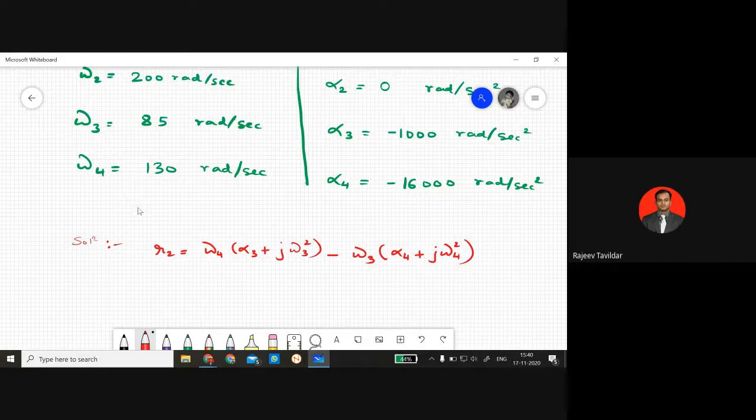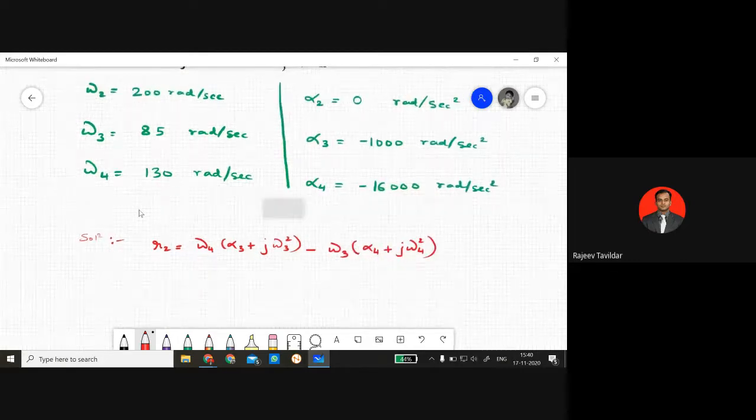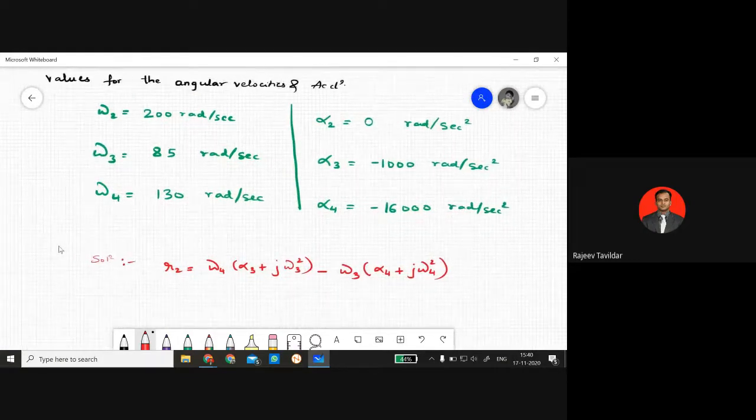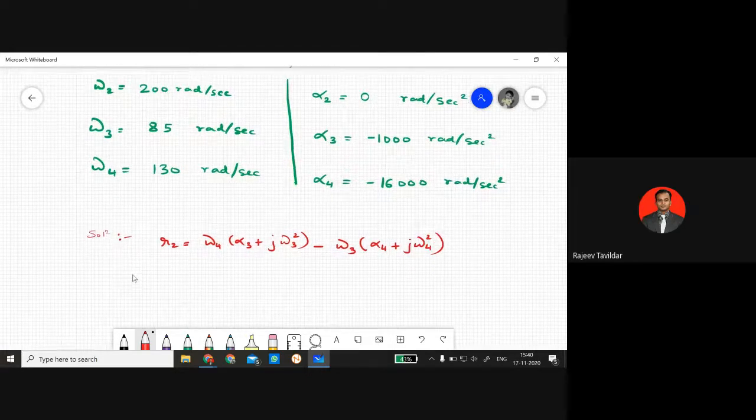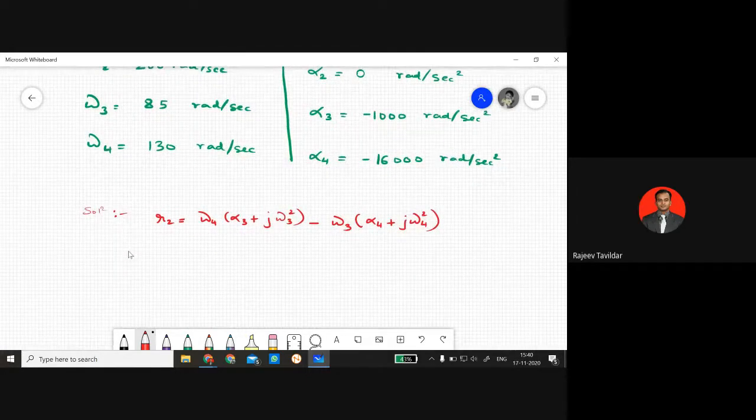So if you have understood this equation, everything, you'll understand that in this chapter we cannot have more number of problems, because the values of R2, R3 and R4 are such that all the data will be directly given in the problem. So it is a simple substitution and using your calculator efficiently. That's all this problem is about. Anyways, let us solve this.